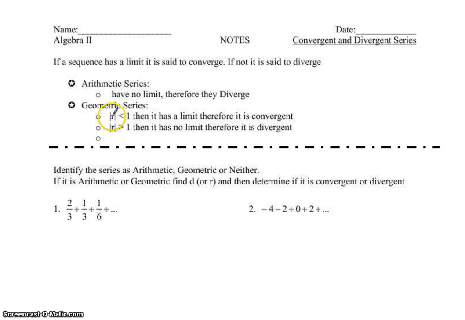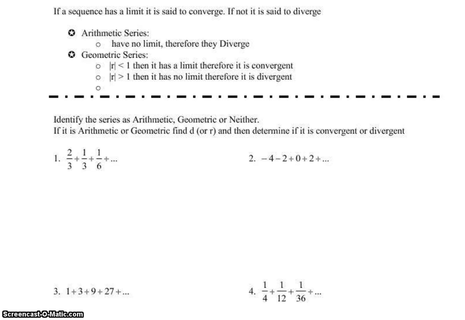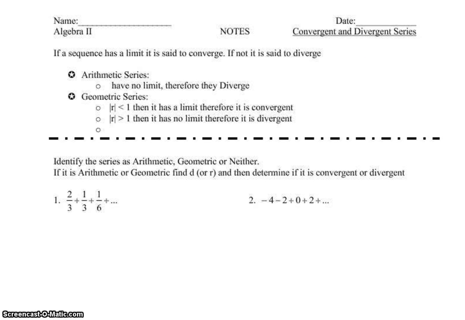If the common ratio is less than 1, there is a limit and it's convergent. If the common ratio is greater than 1, then there is no limit, which means it is divergent. So you've got to first of all figure out, is your series arithmetic, geometric, or neither? And a little hint, if you're looking at fractions